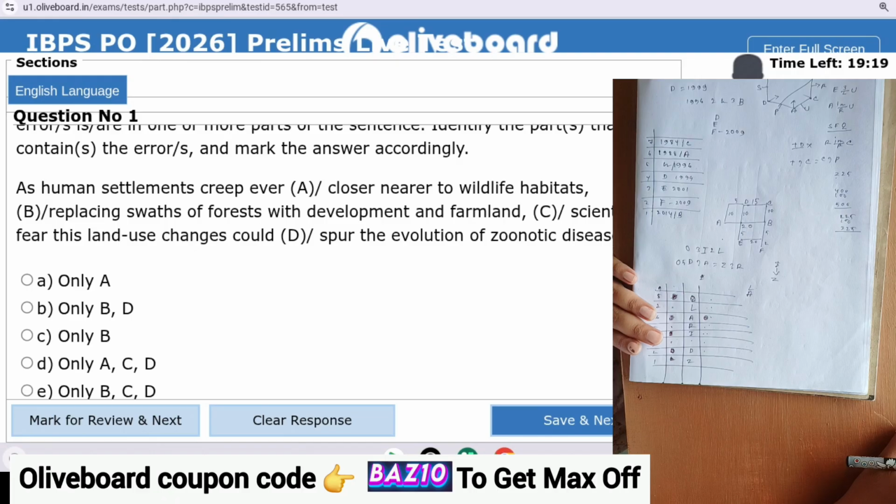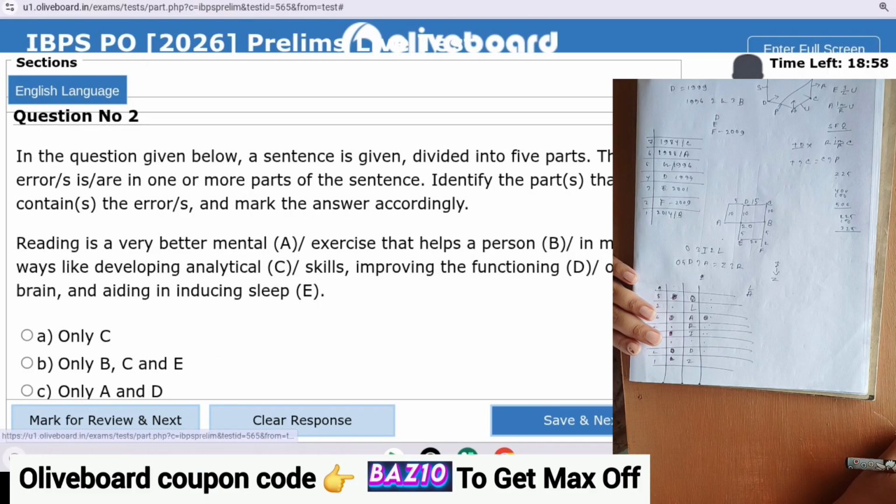Replacing swaths of forest with development. Scientists fear this land use change could... BD হবে, সেটা কি হবে, replacement of the forest with development and farmland is the answer. The next is